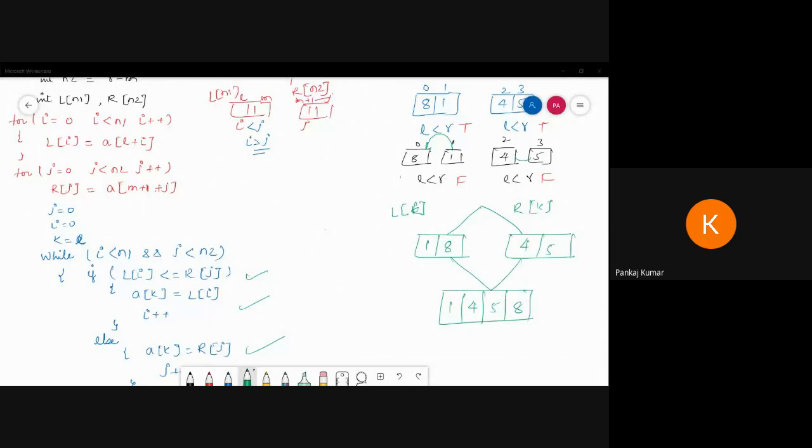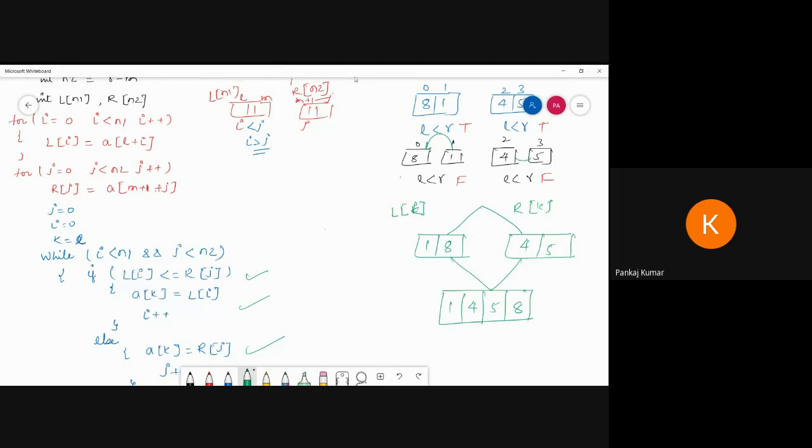That is very small in comparison to the others. Bubble sort has order of n square, and insertion sort has order of n square in the worst case. I am talking about the worst case. Selection sort is also order of n square, but here in the worst case it is order of n log n. That is much less than all of these. So this one is the best.